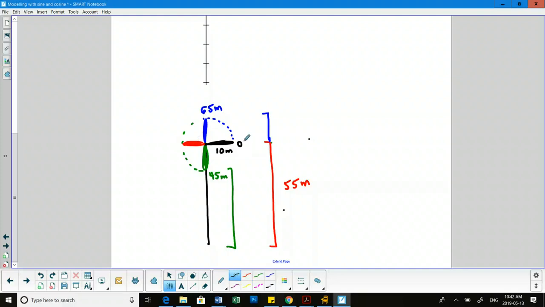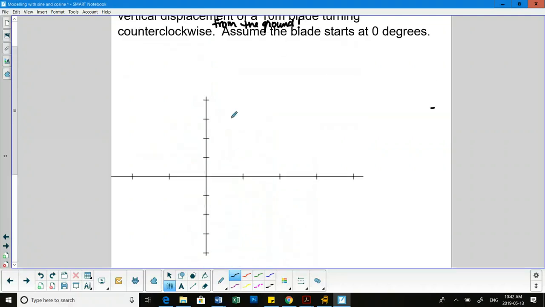So we're considering this to be 0 degrees. I need my heights to go between 45, 55, and 65. So when I have a graph already set up like this, sometimes we crunch the y-axis so we don't have to fit all of those. We'll do a little crunch that says there are numbers down there, but we're crunching it down so we can just look at 45, 55, and 65. Okay? So this is going to be height in meters. And